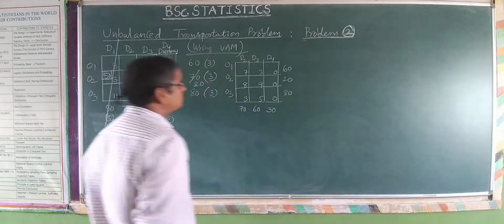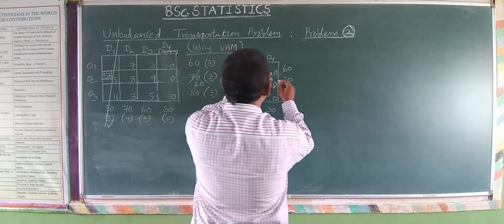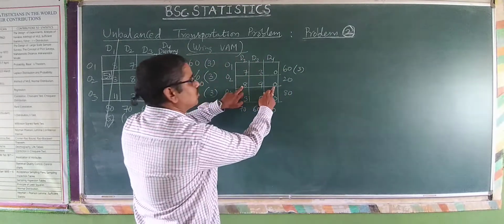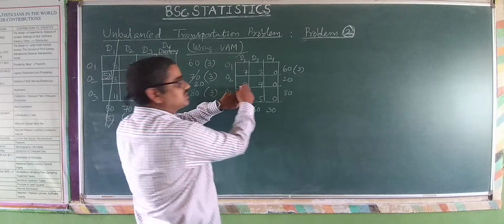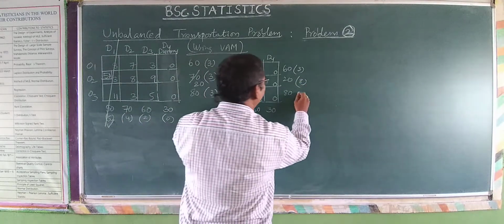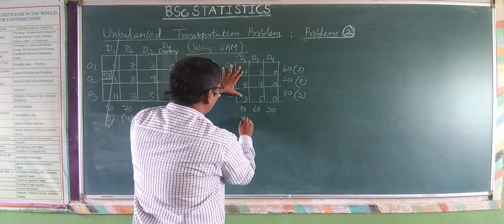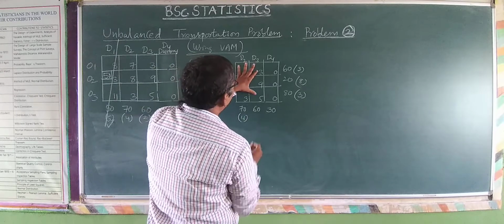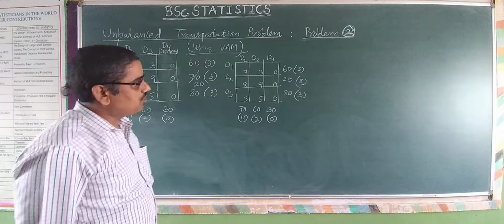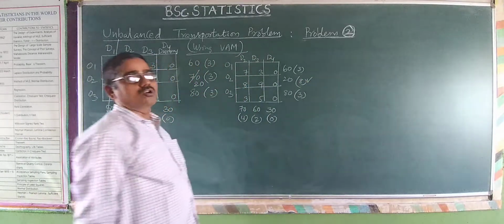These are the requirements, and now we have to again calculate the penalties. 3 minus 0, smallest and next smallest 3. Again 8 minus 0, smallest 0 and next smallest is 8, so hence it is 8. Next 3 minus 0, 3. Next, over here, 7, 3 is 4. And 3, 5 it is 2, and 0, 0. 0 minus 0, 0. So therefore the highest penalty is 8, corresponding to the second row.